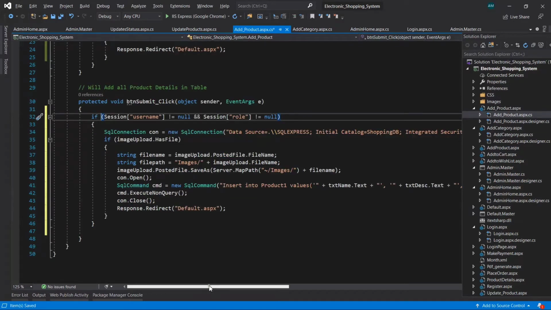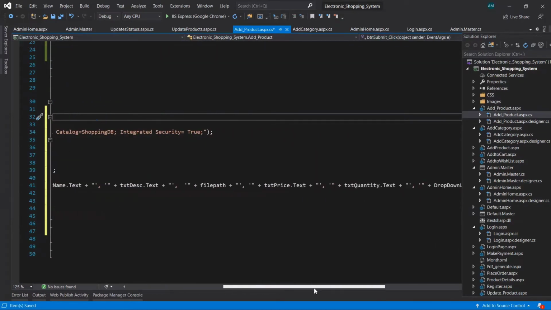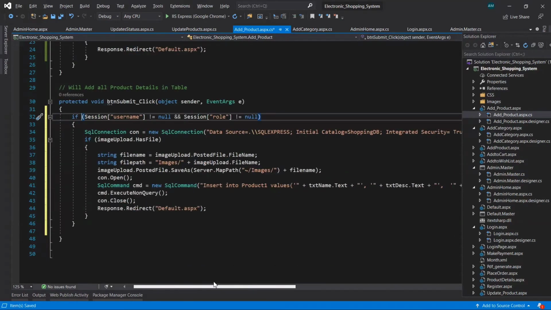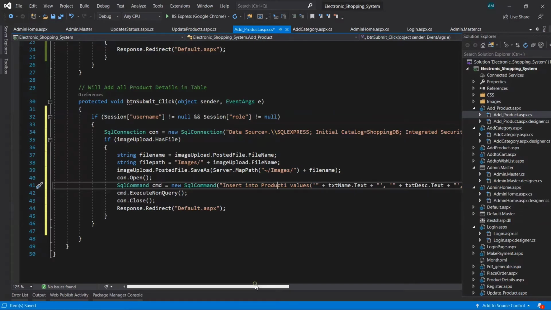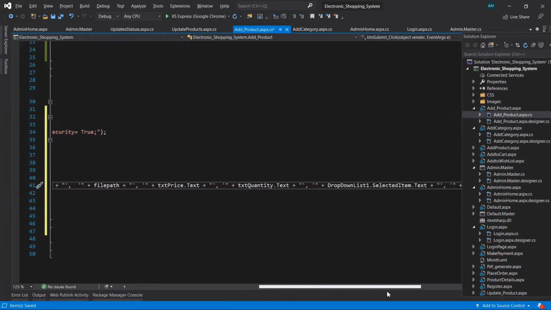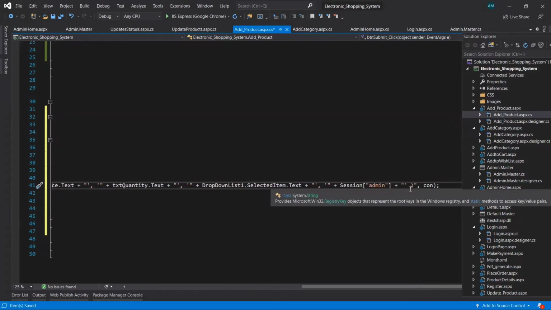And one more thing we have to do here: you can see this is the insert query for the product one table. So we need to make changes here, because of the one extra column that we have just added in this video, the role id for the product one table, right? So we need to pass that column as well.